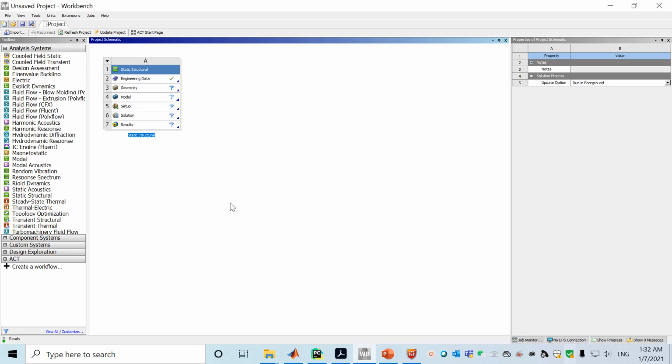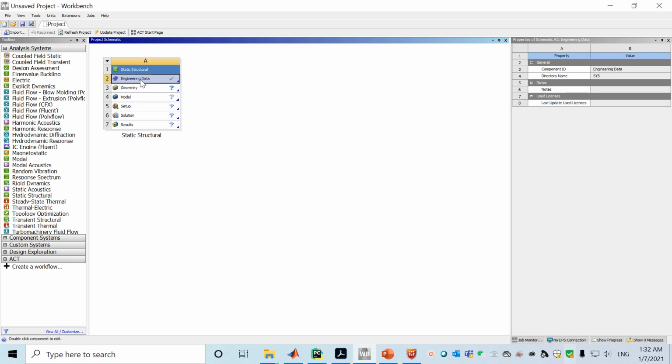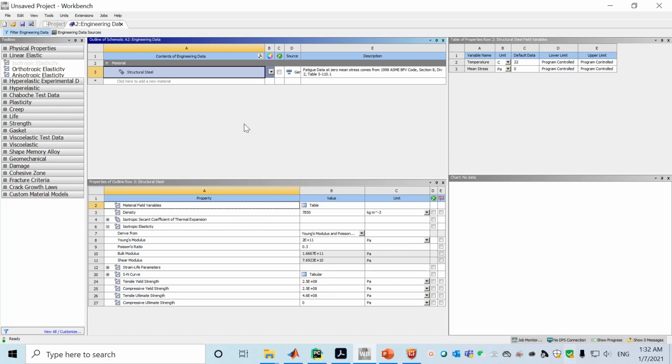Okay, so once you release it, you will see our project with the title static structure, and then you will see other cells from engineer data, geometry, and then all the way to the result. So we'll look at it one by one. First we look at the second cell, the engineer data. That's where we define material properties, to assign all the properties from Young's modulus to the Poisson ratio. So double click on it and you will open